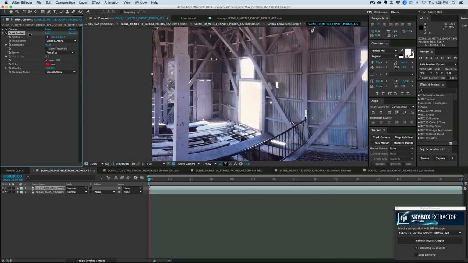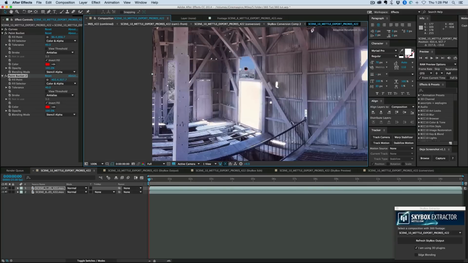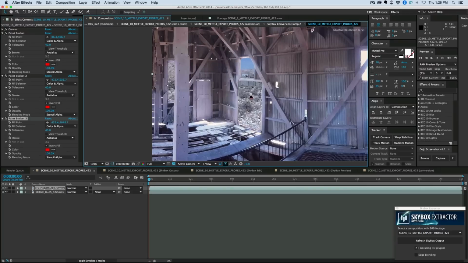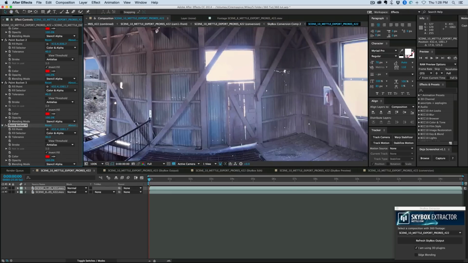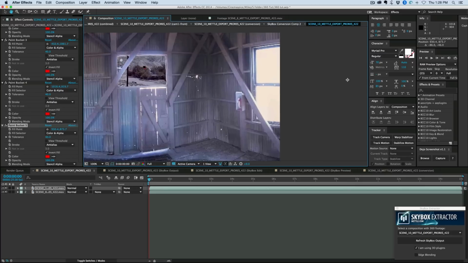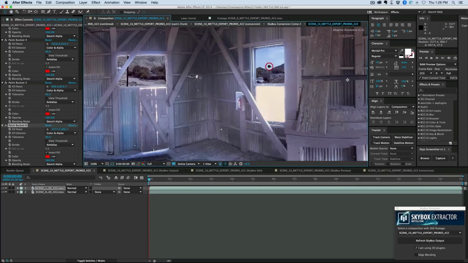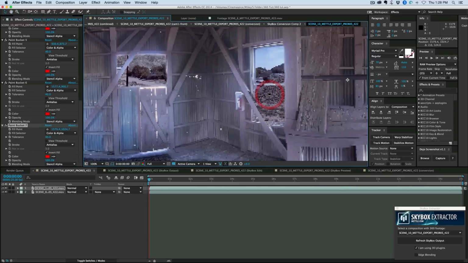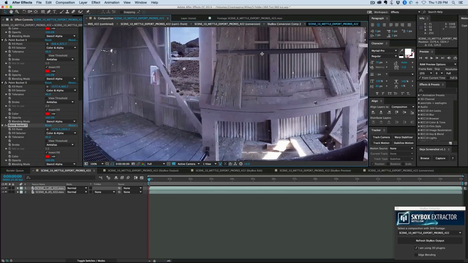And then I'm going to duplicate and then move the target. Duplicate, move the target. I'm just hitting Command D on the keyboard to duplicate. It's going to end up creating a bunch of these paint buckets, but there's a lot of different windows I need to key out. So in a situation like this, I can adjust the tolerance, or I can come in with a mask and mask over that